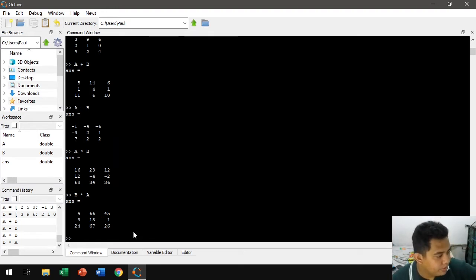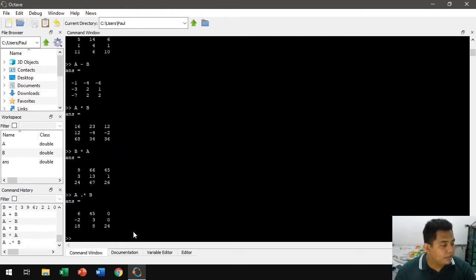Then let's try element-wise multiplication. For element-wise multiplication, you just precede the multiplication symbol with a dot. A dot asterisk B. So this is element-wise multiplication.